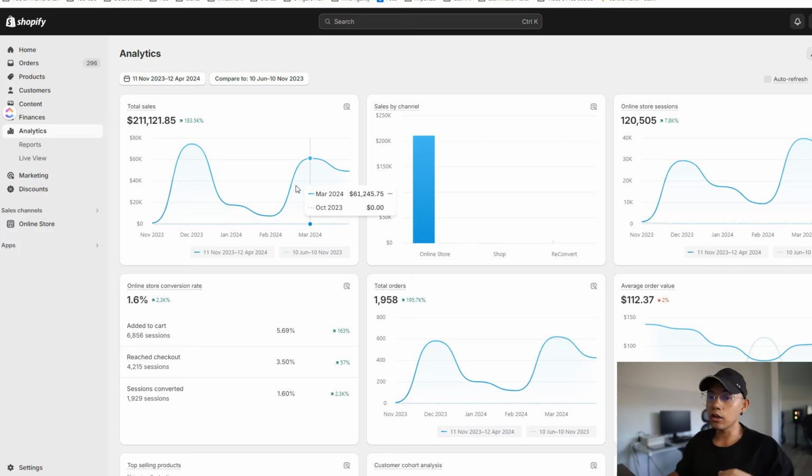Another note here, the golden winning product from this store is a bit heavier product. That's why we do have to stock it in the USA. And the best thing about this is that you actually don't have to compete with other dropshippers, because other dropshippers are testing products in China, and typically they're a bit lighter products, because with the heavier products, obviously it's going to cost a lot more shipping from China. So this is a big key takeaway. If you guys want to start with a hybrid dropshipping store,